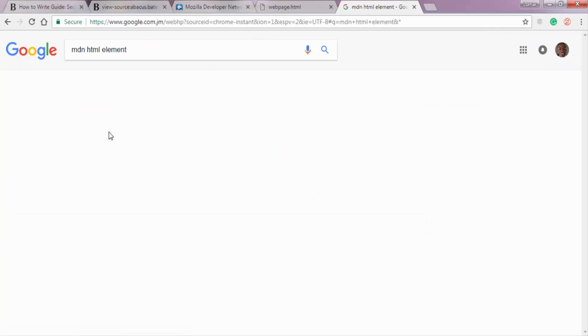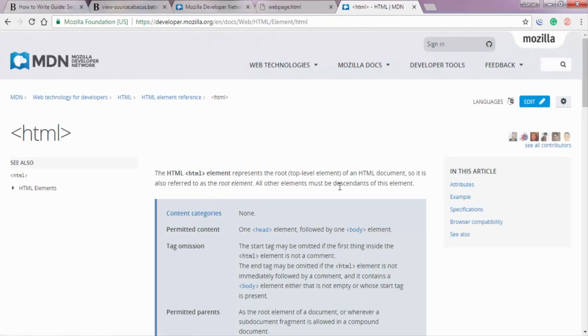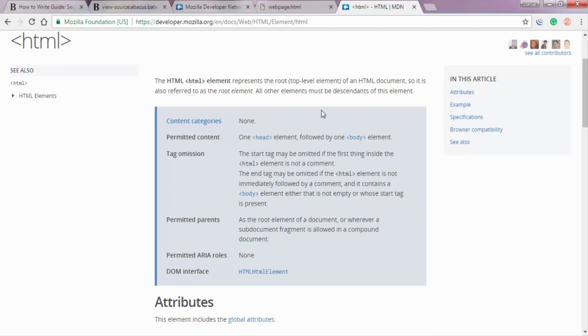And this tells us that the HTML root element represents the root of an HTML document. All elements must be descendants of this element. So it is pretty self-explanatory. Basically, everything that we write needs to go inside of the HTML element, and more importantly, under permitted content, it